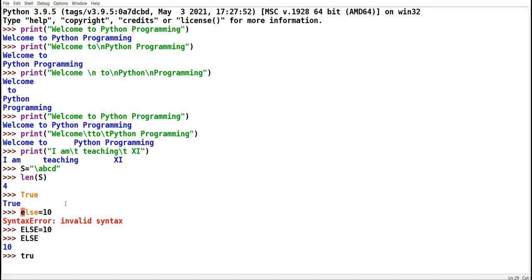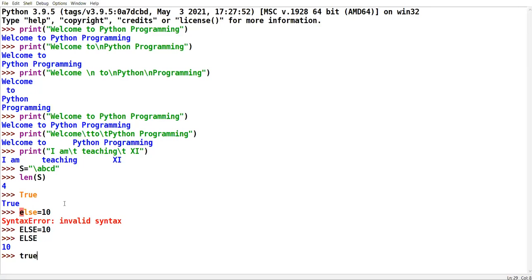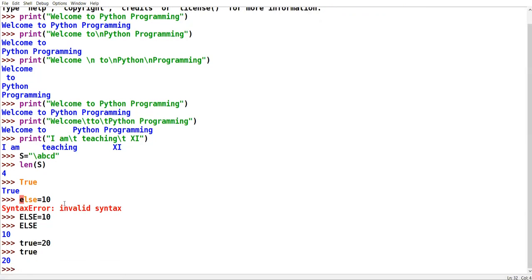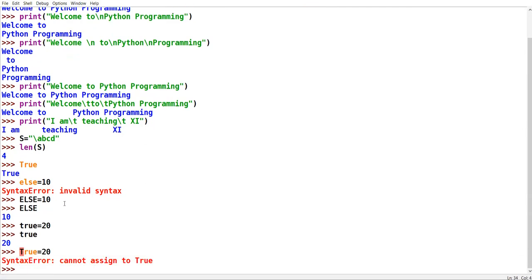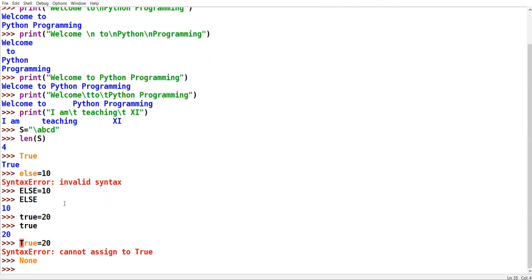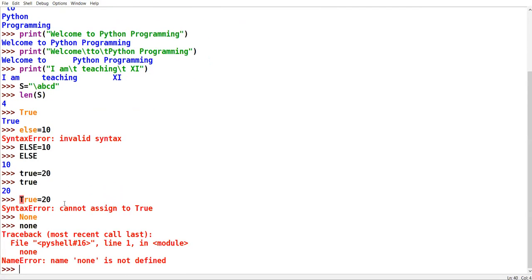Similarly, true. The color is black. Right? If I take true equal to 20 and I print true over here, it is printing the value. But if I write true with a capital T, now it is a keyword. Similarly, None, N-O-N-E. Have you seen the difference?